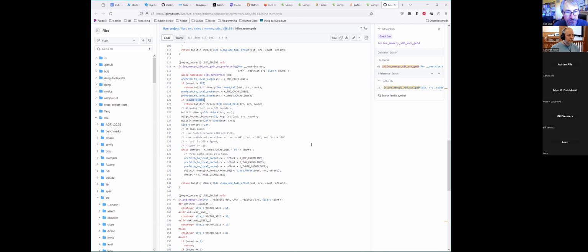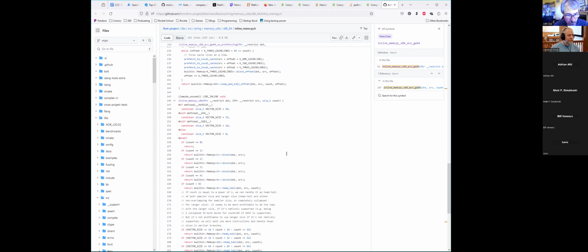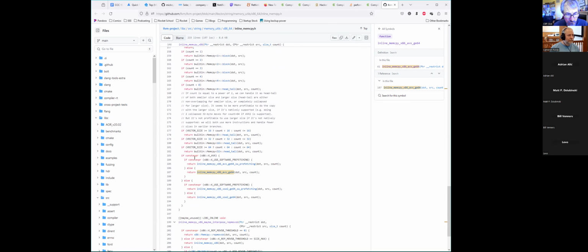So on line 184, I was kind of confused about why, like, how do they figure that one out? Like, what does constexpr use? Line 184 says use software prefetching. I thought that would be a build time thing. Right, it's a build time configuration. You can build different versions of the library depending on your target.